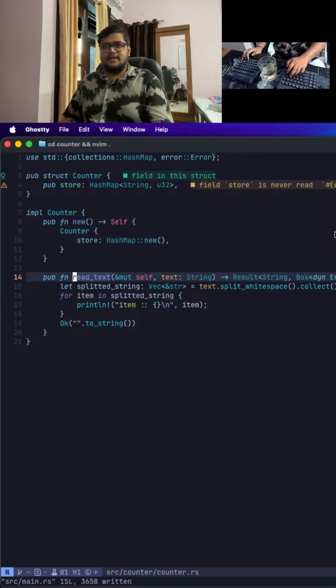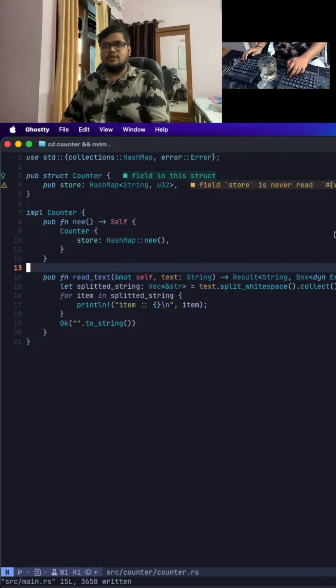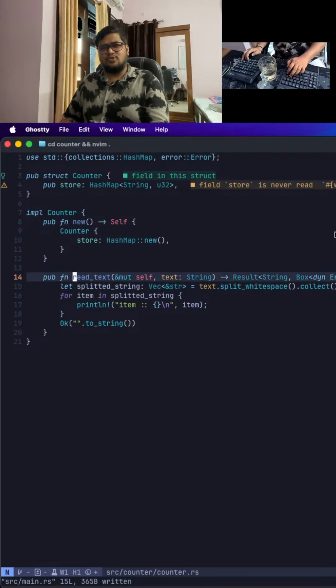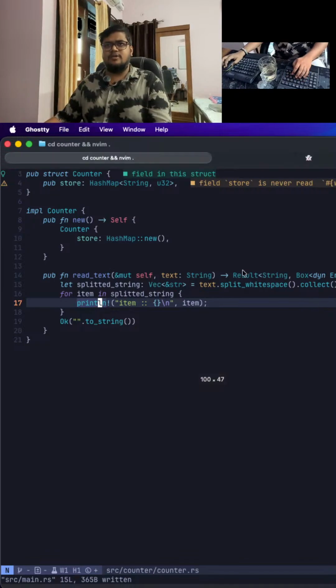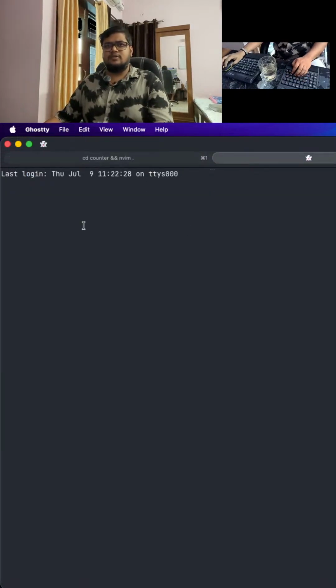Let's go inside read. Okay, it is good. New is being used. Field is never read, store. Okay, yes, that is fine. Println item. Let's see what items we have. Are we able to split those things or not? Okay,